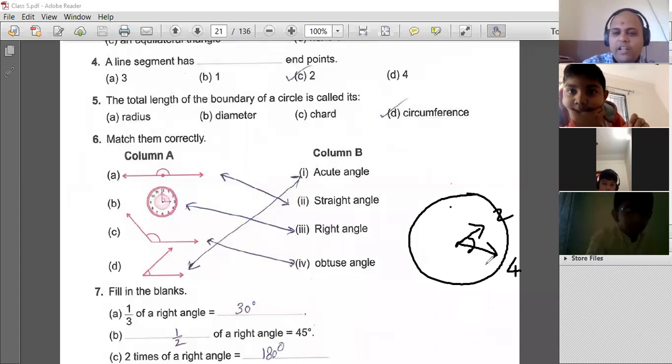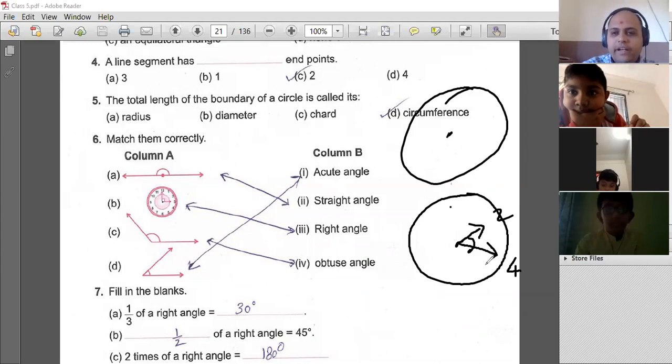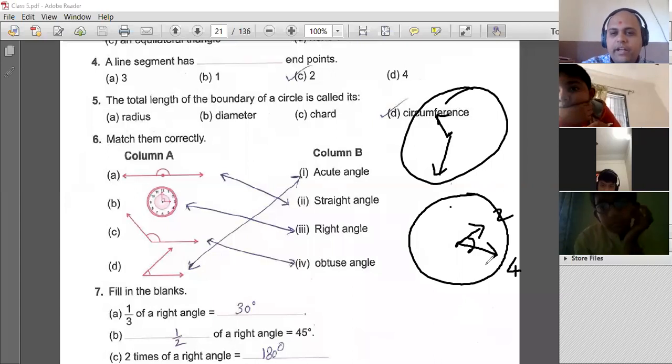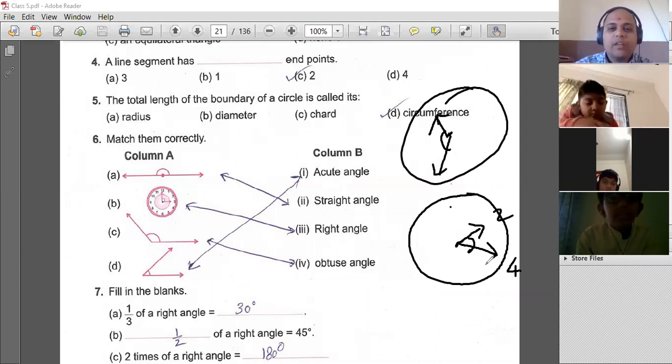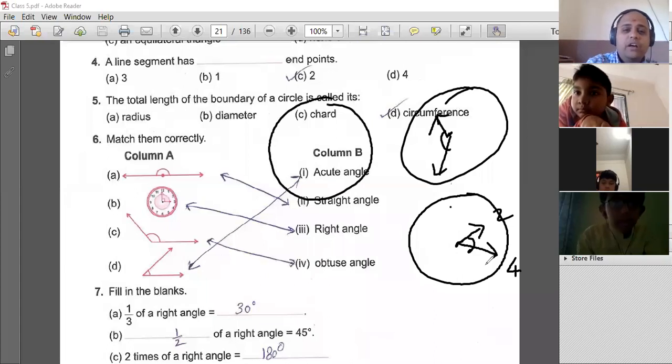That's the problem solved. Now say for example another clock, and the hands are like this: this is our hour hand and this is the minute hand. Now what does it look like? What is the angle like? Less than 90 or more than 90? Come on, speak up. Is it less than 90, more than 90? Unmute yourself. Sir, more than 90. Very good, very good. Another angle.